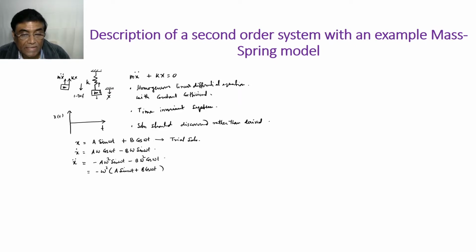We have made an assumption that the system is oscillatory in nature, and my solution could be this. I guess a trial. And the one fundamental requirement is that there should be two constants because it's a second order system. And you see, the double derivative has to return this. So A and B are two constants,